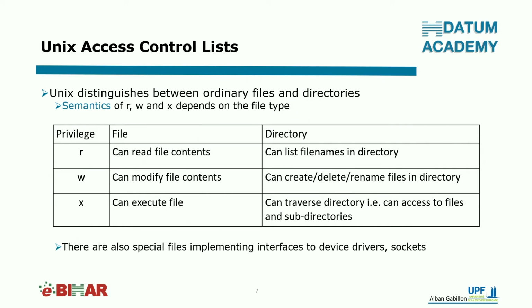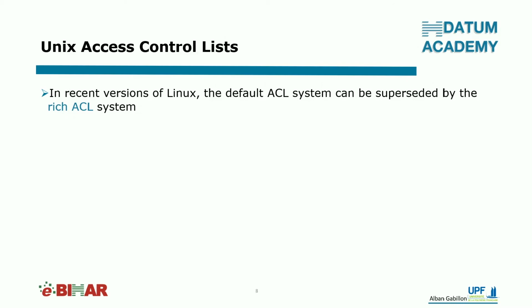And there are also other types of resources, some special files, for which the semantics of these three privileges will also be a little bit different. So what I have presented so far is the basic system of Unix access control lists. This system does not provide security policies with high expressive power. With that system, the security policy cannot refer to a specific user. For example, Alice cannot define a rule saying that Bob, and only Bob, can look at her pictures.